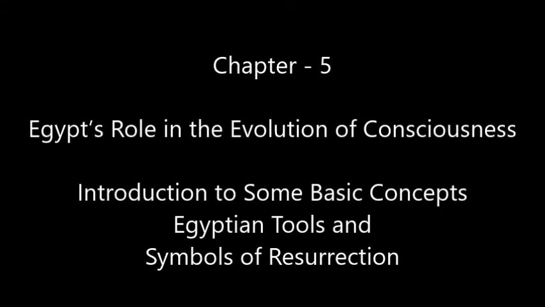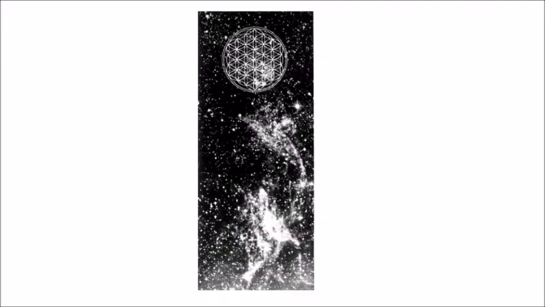126. Egypt's role in the evolution of consciousness. The ancients used certain symbols to represent the three aspects of consciousness we use for our sojourn here on earth. You'll see representations of these symbols all over the world. These depictions have one animal that lives underground, one that walks on the earth, and one that flies over the